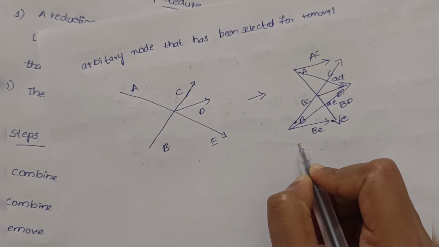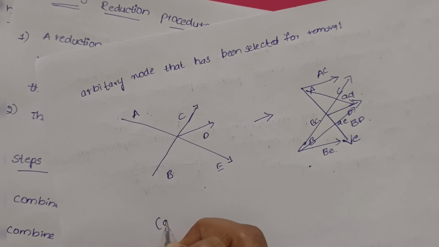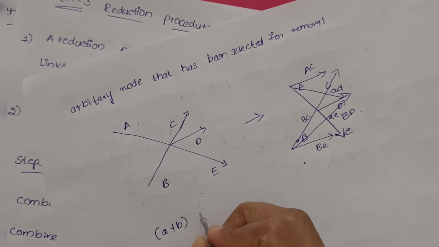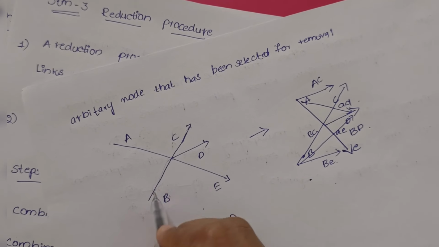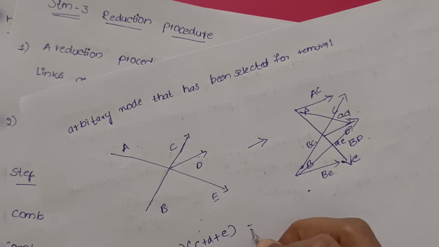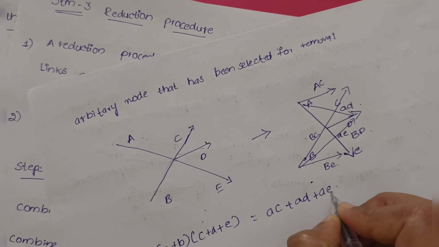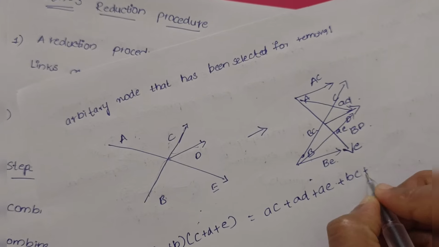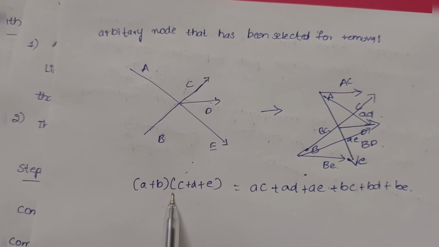From this diagram we can create an expression like A plus B into C plus D plus E, because these are parallel lines, into AC plus AD plus AE plus BC plus BD plus BE. Whatever the expression we got here,